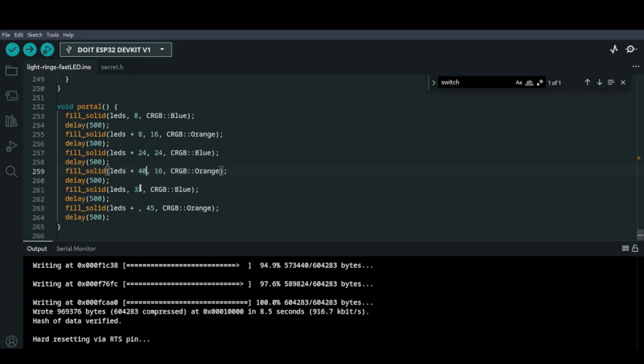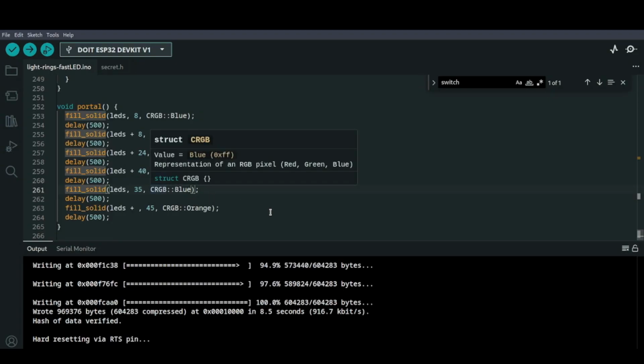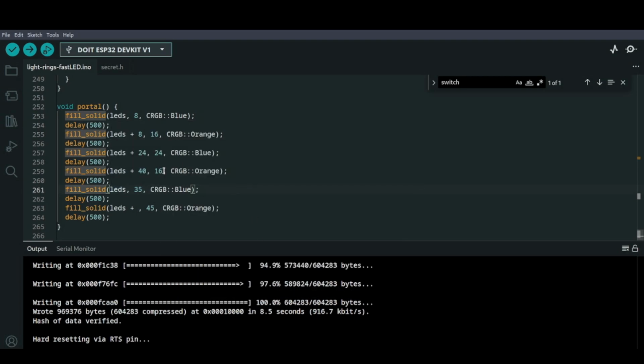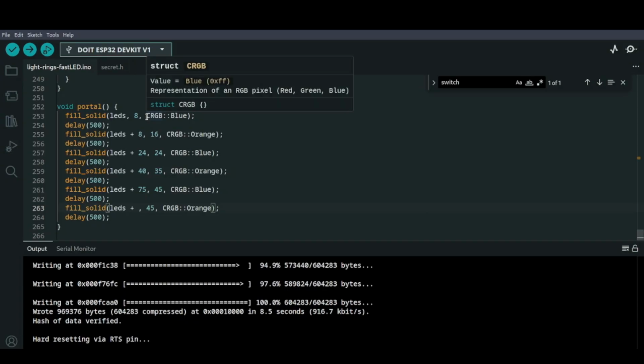And then this would be plus 75 and 45. And then plus 75 plus 45 is 8 plus 8.